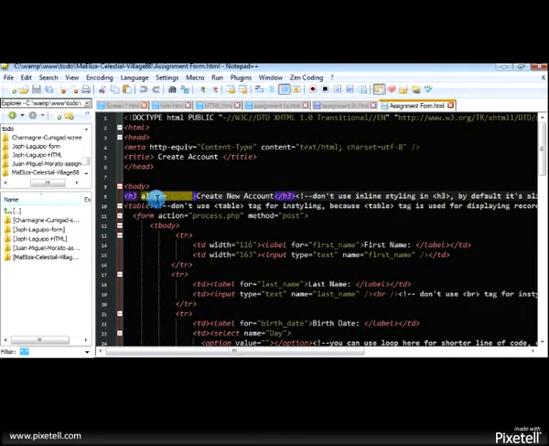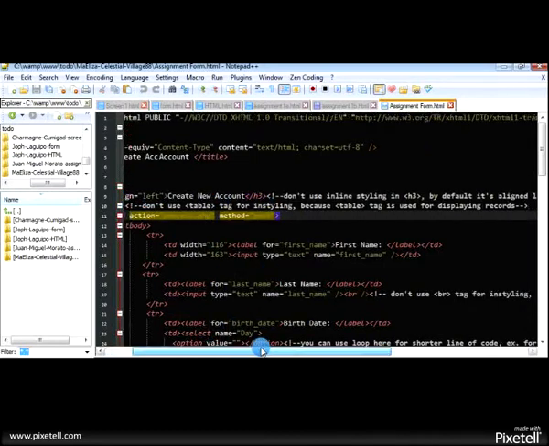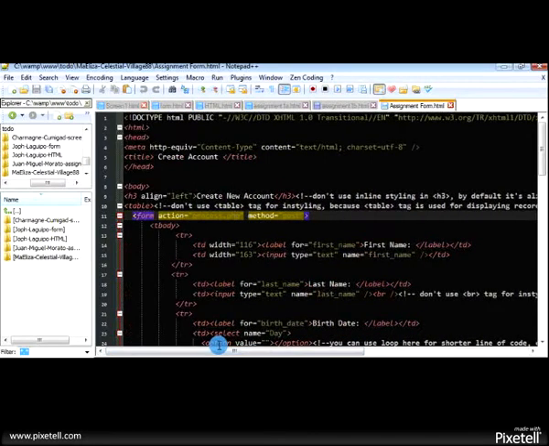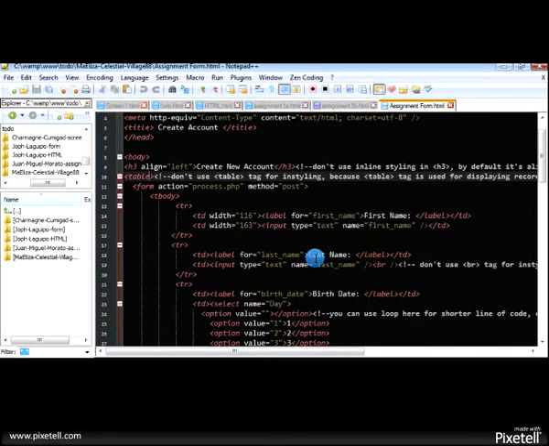Here he uses inline styling for the hr. You must not use it, because by default the hr elements are aligned left, and he uses align left here. Also he uses a table. A table is not used for styling, like what I said. He uses br here, the br tag.